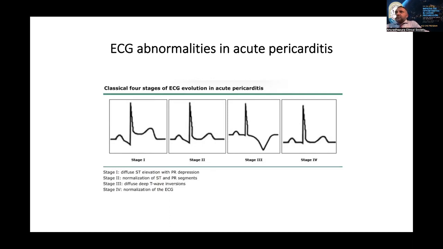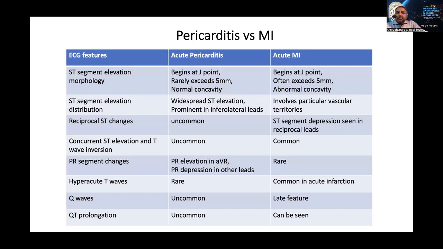You might get sometimes ST elevation, sometimes ST depression, especially if you look carefully at the PR segment. This is important, right? The PR segment is depressed. Now, these are the two major things you have to keep in mind while interpreting this kind of ECG. First, you can see the J point elevation in these ECGs, but it rarely exceeds 5 millimeters, not like in STEMI cases, right? And also it's widespread, not confined to the coronary artery territories. That is another key you have to know.